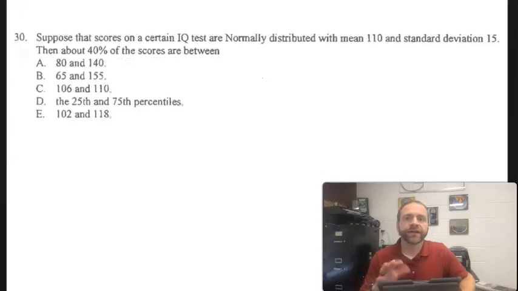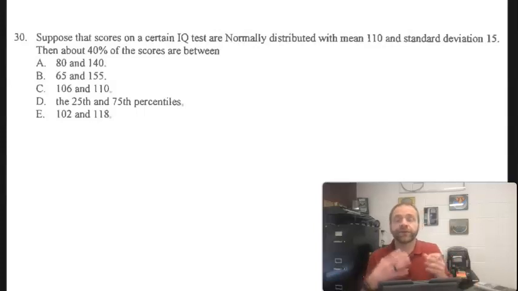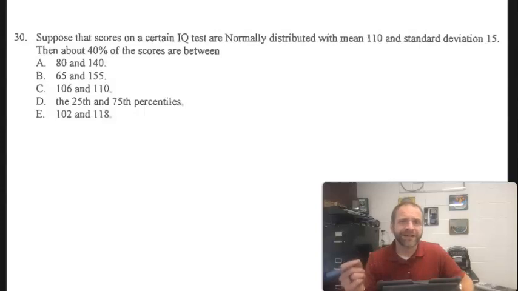We're looking at question 30 on the AP Statistics Midterm Review packet, and here we're told that we're looking at IQ scores. It has a normal distribution, a mean of 110, and a standard deviation of 15, and we're asked, between what two IQ scores does 40% of the scores lie between? So let me go ahead and outline what we're given, and as I read my choices, I'm going to cross